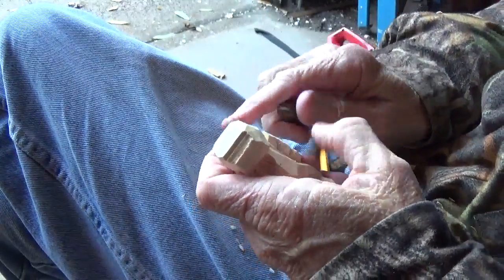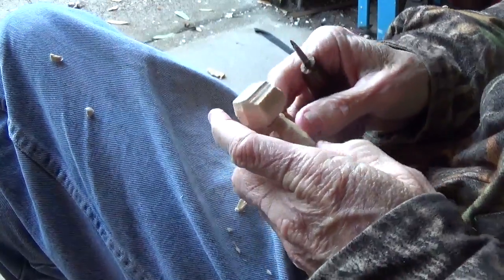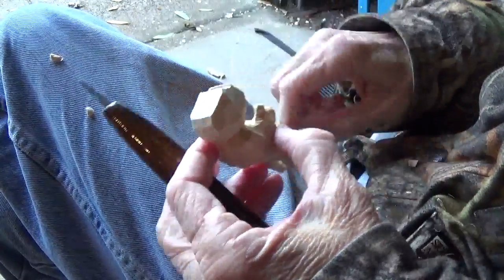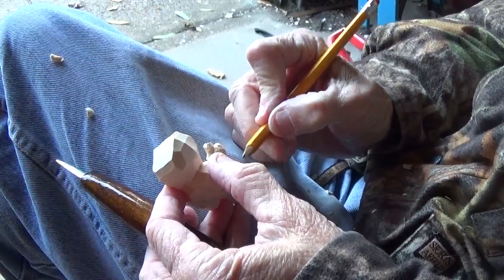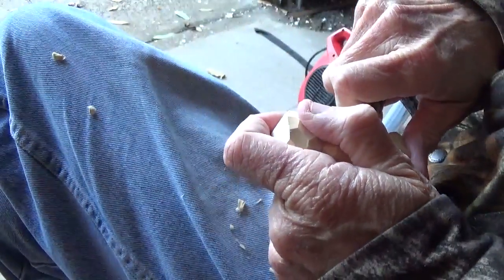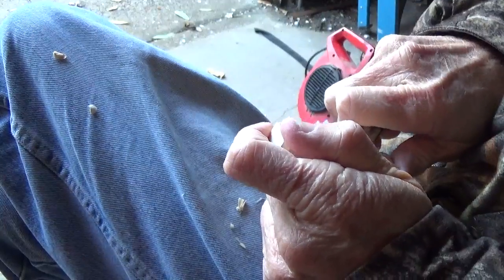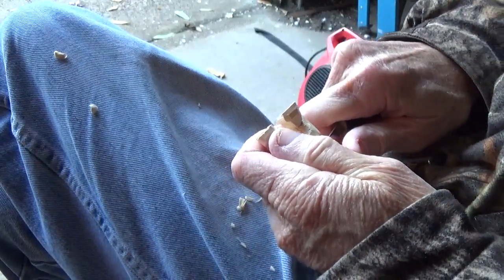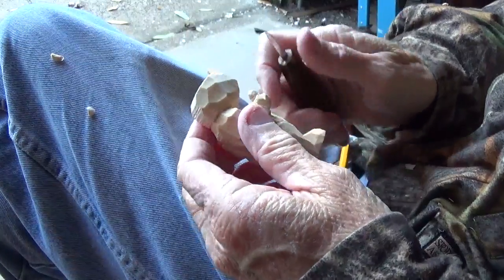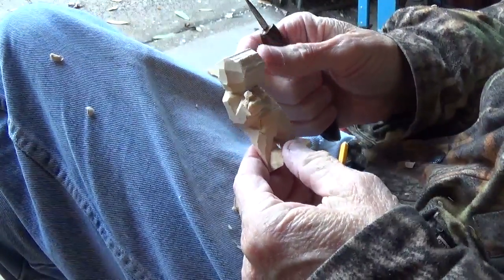All right. And we'll bring this down just a little bit. And since the arm is over here, what we can do is just come down here and across here underneath the arm to where we have the bottom part of the coveralls, in other words. And I'm just going to, okay, see that? All right, now